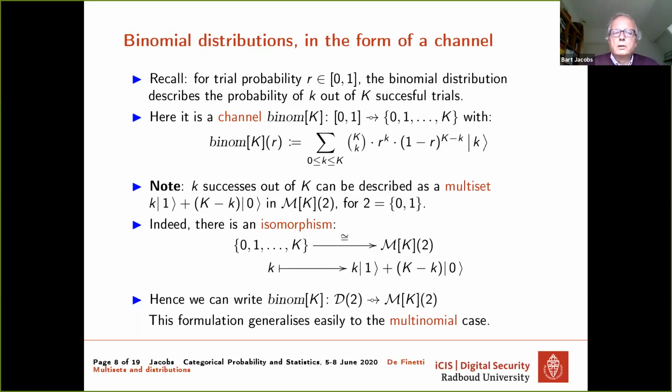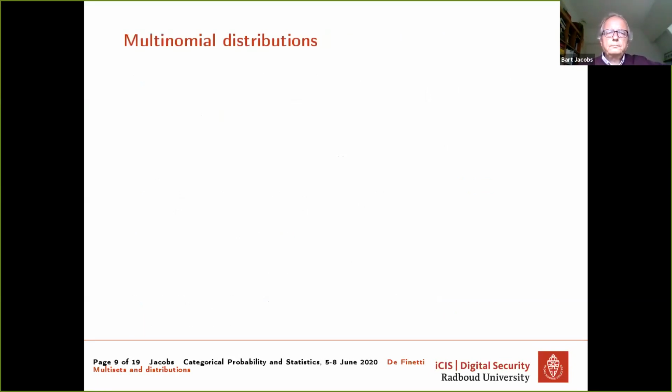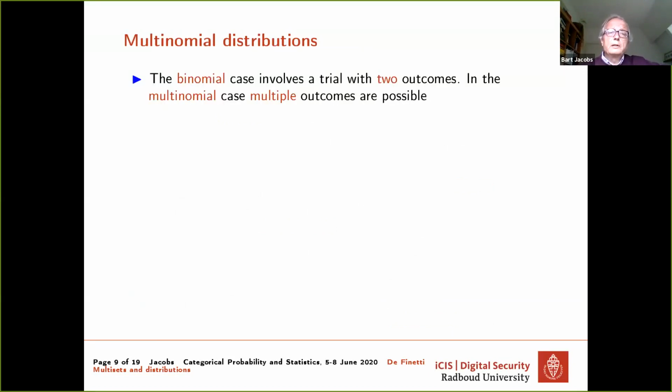the binomial channel as going from D of 2 to M of 2, the multisets over 2, but multisets of size K. And notice it's a channel, it's an arrow with a number on it. And this formulation opens the perspective of describing multinomial distributions. Because in the binomial case, a trial has 2 outcomes. In the multinomial case, you want to look at trials with multiple outcomes.